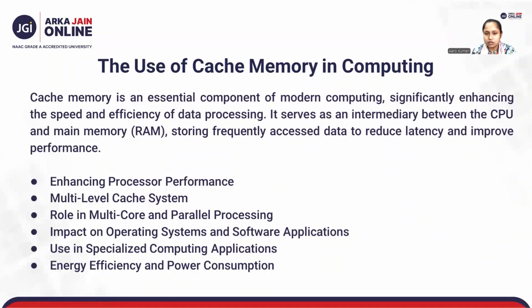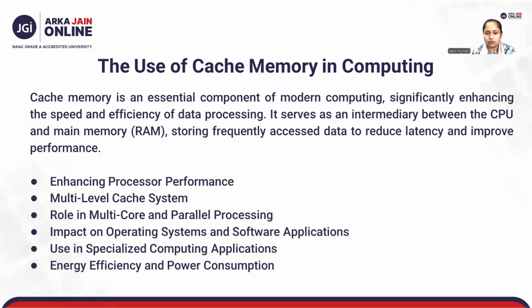Without cache memory, processors would spend excessive time retrieving data from slower storage, leading to performance bottlenecks. This essay explores the various uses of cache memory in computing and how it contributes to system efficiency,